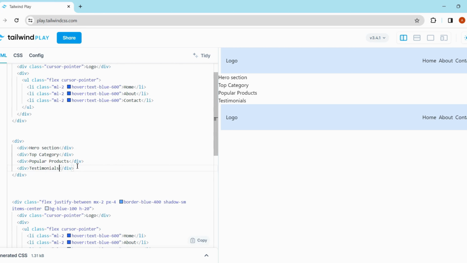Perfect. Yeah, these are the components we'll be designing, and of course we can add a carousel or a